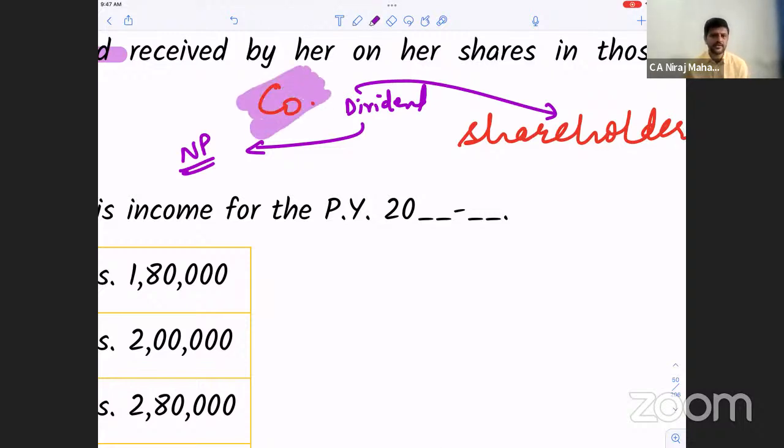But she's saying whatever total dividend I've received, 60% should be exempt, because I am getting a share in the profit. In fact, agricultural income is fully exempt, so even my 60% should be exempted. That is a wrong understanding. Why? Because her nature of income is dividend, not agricultural income. In the current case, it is fully taxable. Dividend is taxed in income from other sources, not business income.